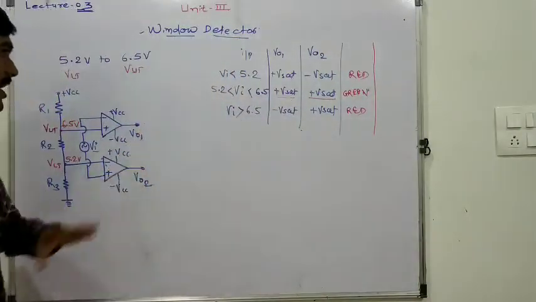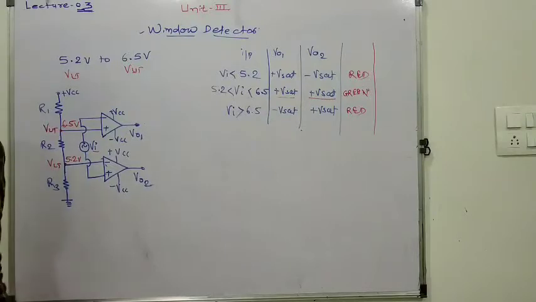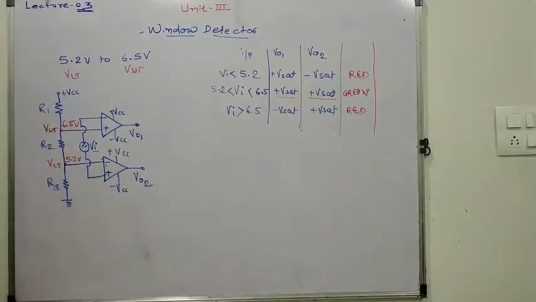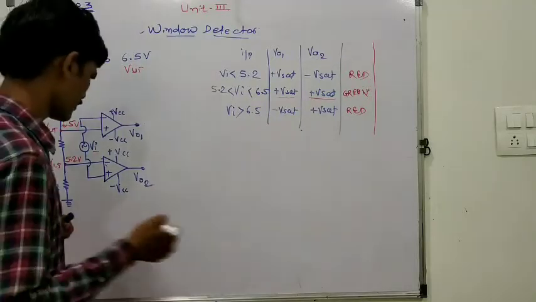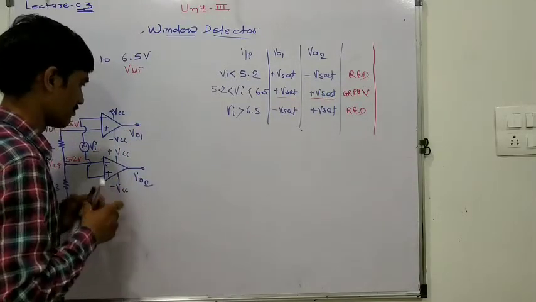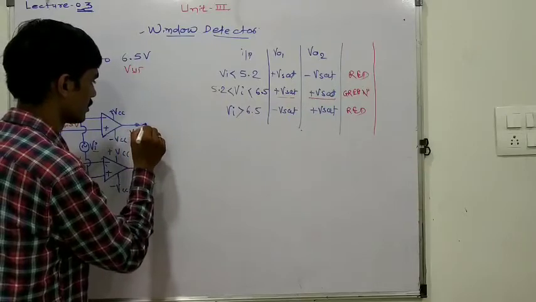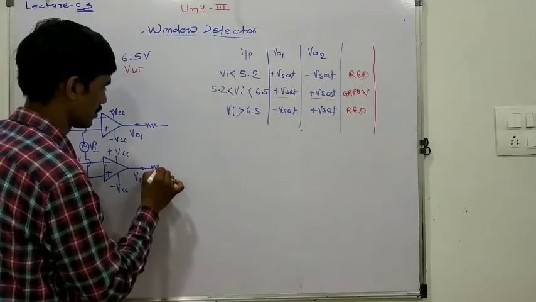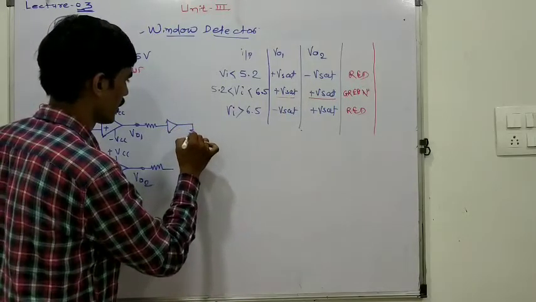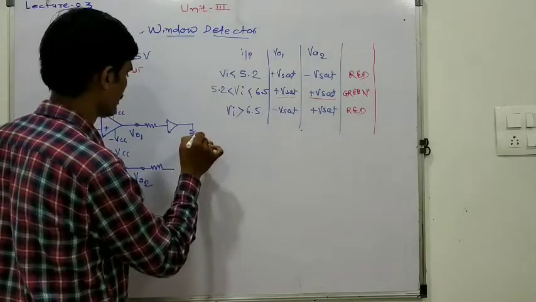So 14 volt and minus 14 volt must be dropped down to plus 5 or minus 5 volt. Is it right? So we have to drop down this plus Vsat to 5 volt, and for that purpose we have to connect a resistor and diode circuit. Here some extra part must be connected, that is nothing but the diode and resistor. So first we have to connect one diode, and then after the diode we have to connect one resistor.